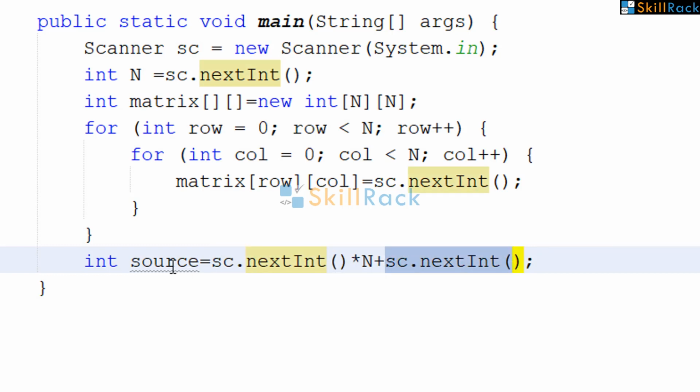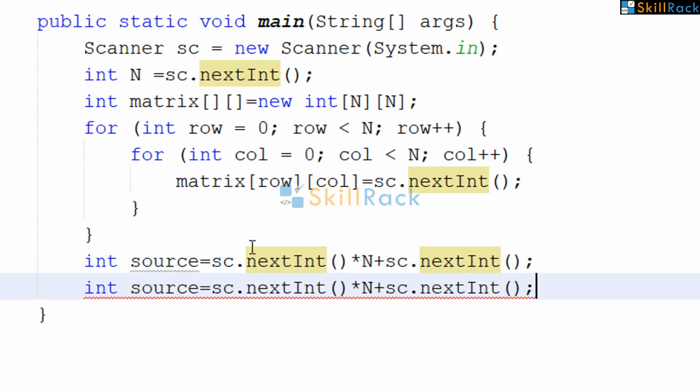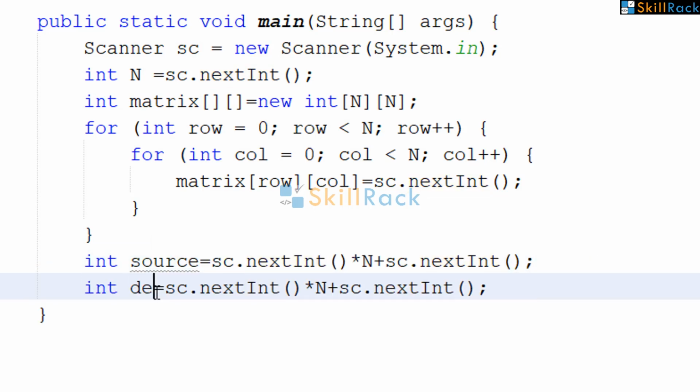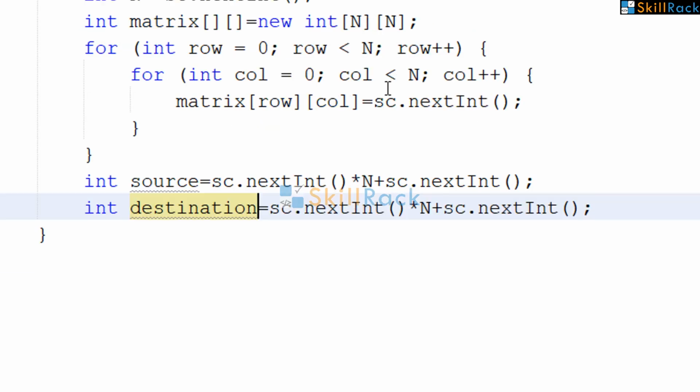So we have converted it to the numerical representation, that we call source. Similarly, we do it for the destination. So now we have accepted all the input values.